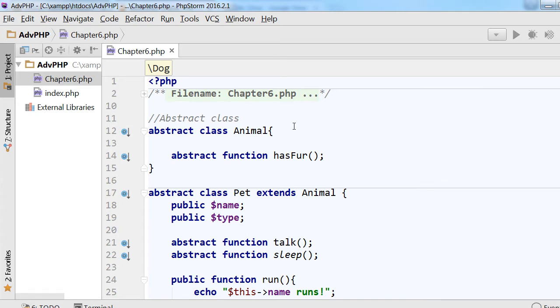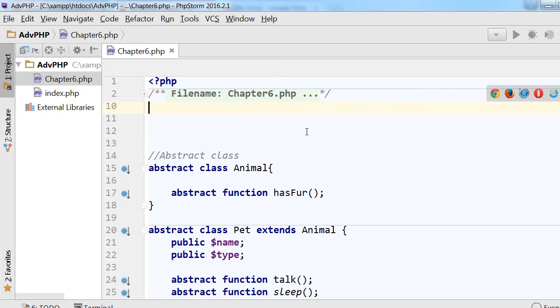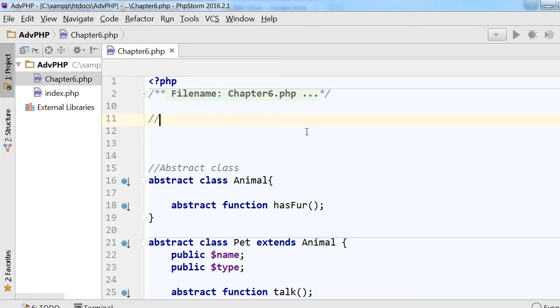Okay, pretty straightforward, right? So, abstract is a class that is very, very generic in terms of the relationships between the subclasses. Okay, so let's talk about interface class. The interface is another type of class that is very similar to the abstract class. Also, interface cannot be used to create objects. It can be extended from a subclass or a sub-abstract class, but you cannot use it to instantiate